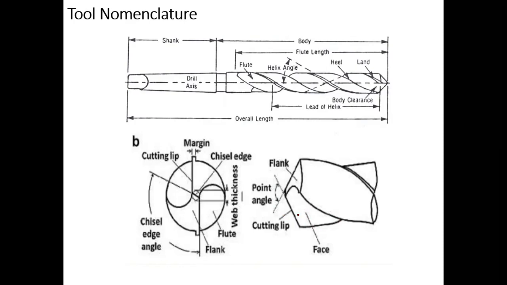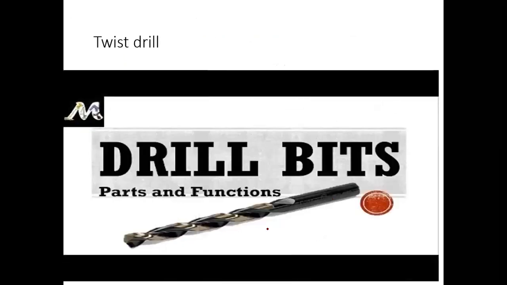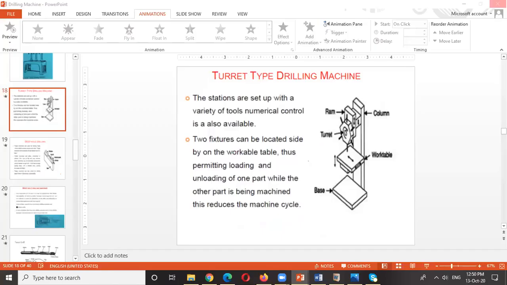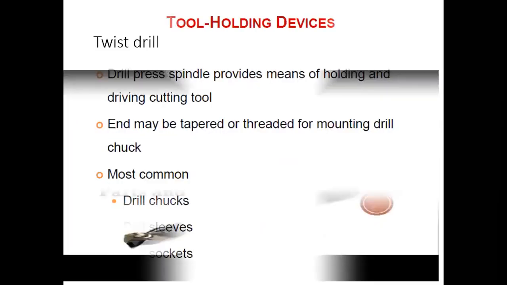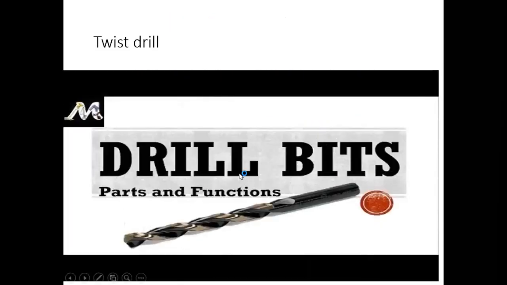As we saw when we discussed the first unit, in cutting tools the surface of the cutting tool on which the chip is flowing is called the face. Here also it is the same thing. The surface in the flute portion is considered as the face, and this is the cutting lip, right? These things I will explain to you with a video. Maybe you can see there is a video here. We'll go back. Just give me some time.